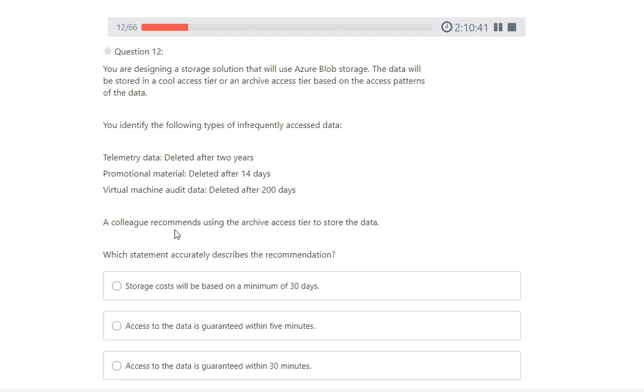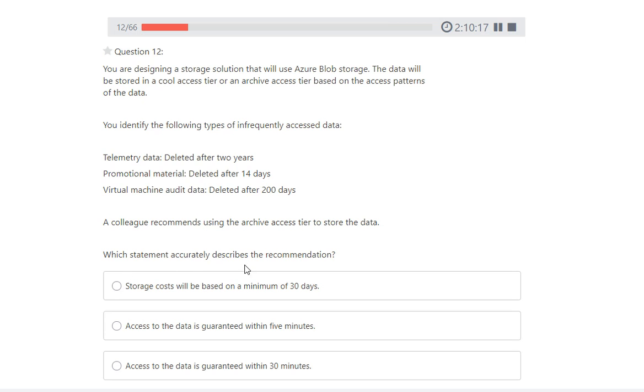A colleague recommends using the archive access tier to store the data, because that will also reduce the cost. Now we need to choose the correct statement with respect to that strategy.